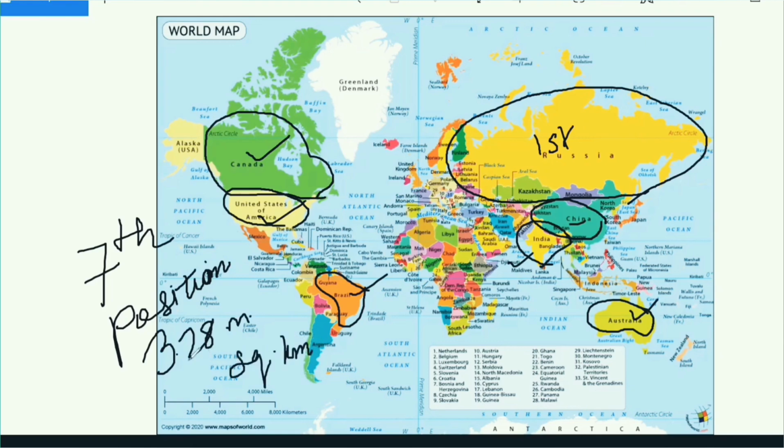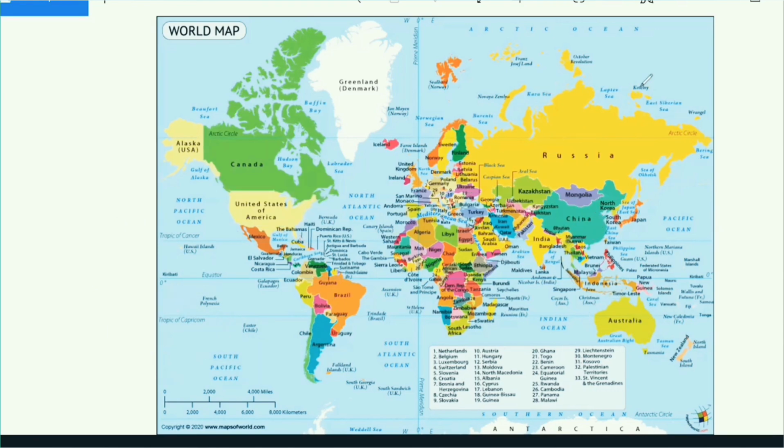Moving on to the next part, this is a very vital and important part of the chapter: where is India located? Whenever you see the location, check in comparison to East Asia and West Asia, India is located in the central position. Can you see? It is between West Asia and East Asia. So India is located in the central position in Asia, between West Asia and East Asia, and it is connected with several other countries with the help of what?